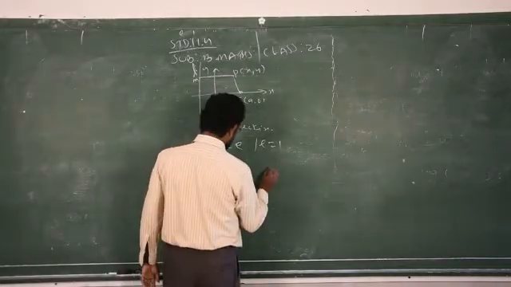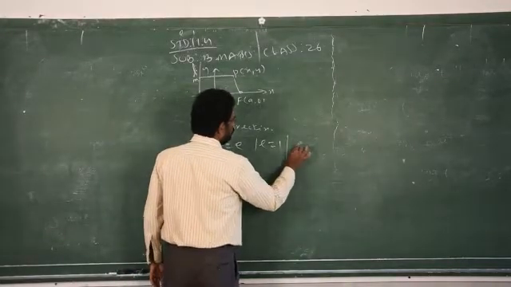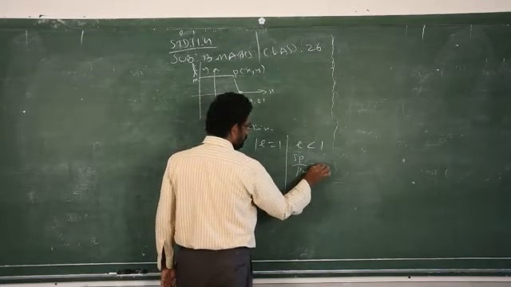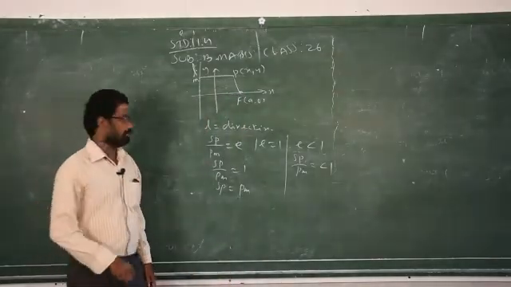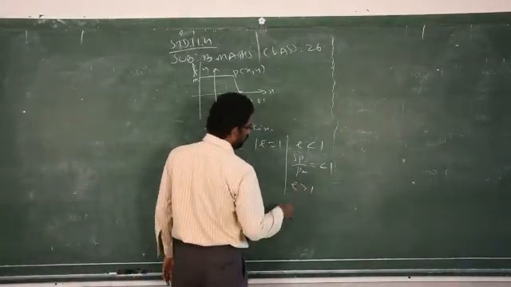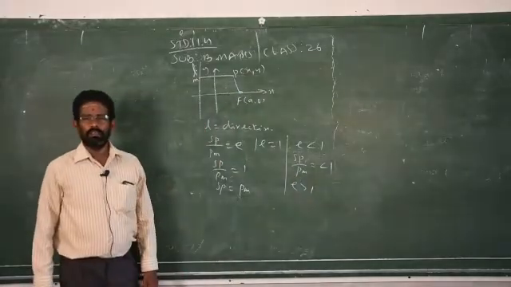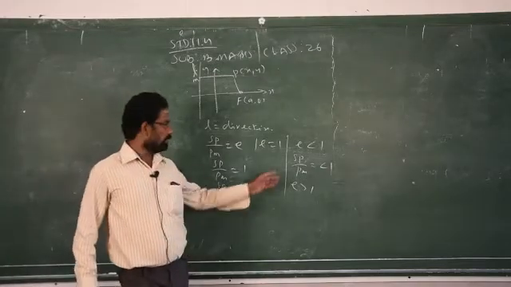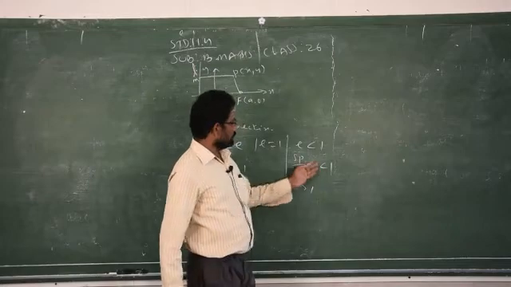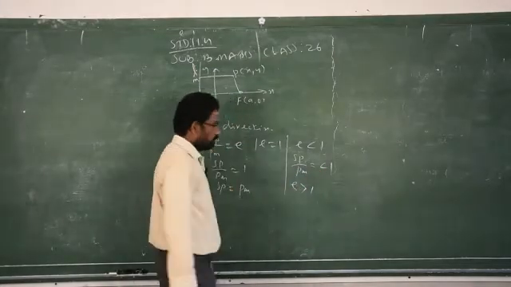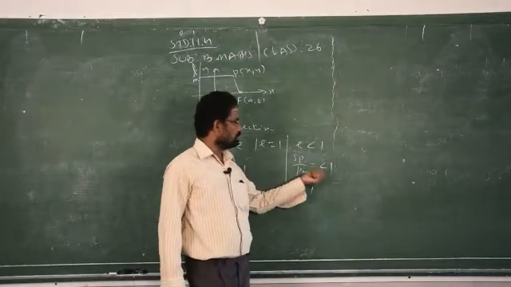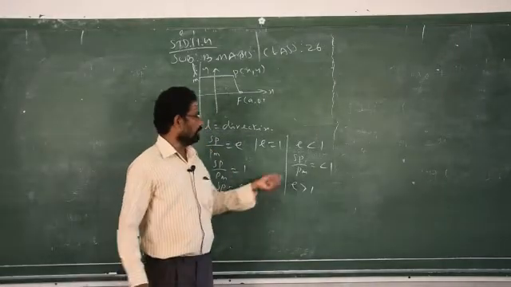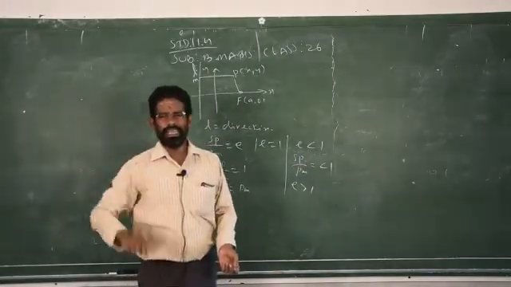So when e is less than 1, it represents an ellipse. If e is greater than 1, then this represents a hyperbola. So ellipse and hyperbola are not for you. Clear? No need to bother about e less than 1 or greater than 1, but you should understand that sometimes they may ask in 1 mark questions, when the eccentricity value is less than 1, what is that? There will be options like ellipse, hyperbola, parabola and asymptotes. And you have to write, when e is less than 1, ellipse.